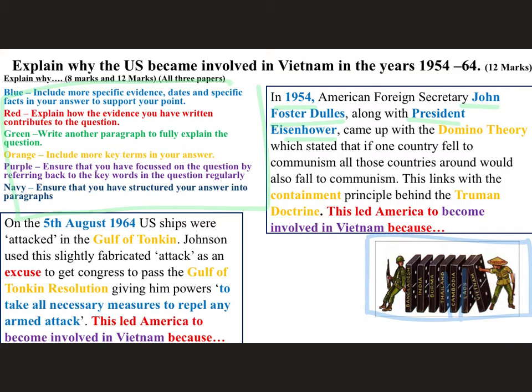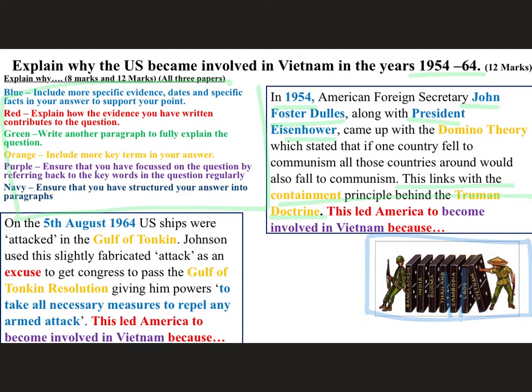So if you got blue, or even if you didn't, have a look through. Can you get the years in? Can you get some specifics? I think key terms for this was generally done pretty well. What you can do, though, is you could always link it to the Truman Doctrine, okay, and containment, all right? So that would be another way in of bringing a little bit more. If you feel that your domino theory paragraph is a little bit thin on evidence, get the dates and the people in, and then link it to the Truman Doctrine, okay? I know that's not in the years in the question, but you're showing how this developed on from something else,